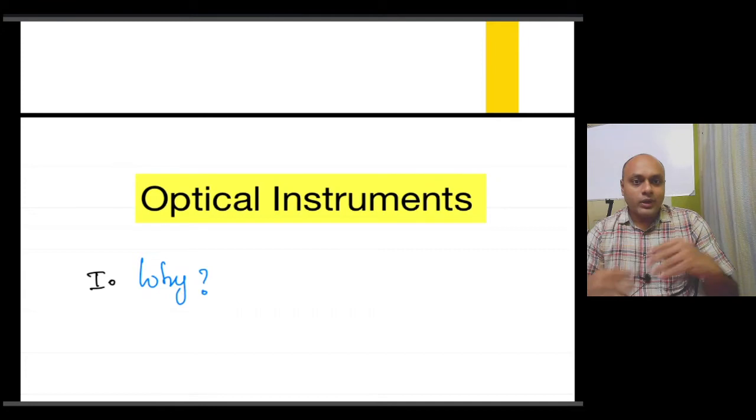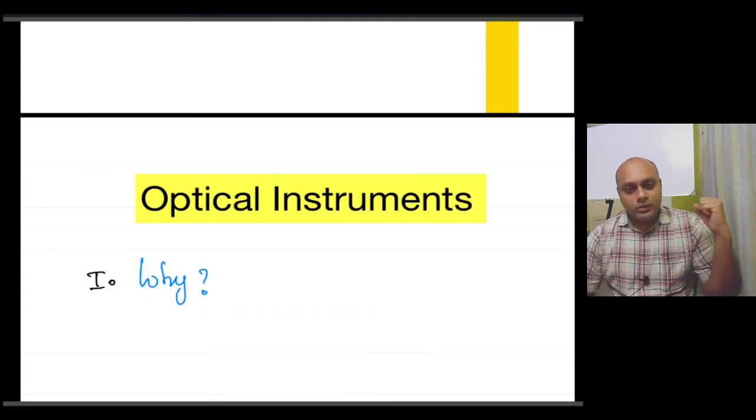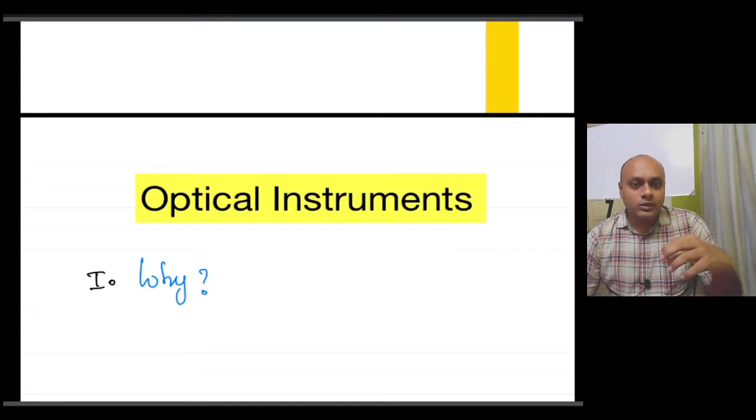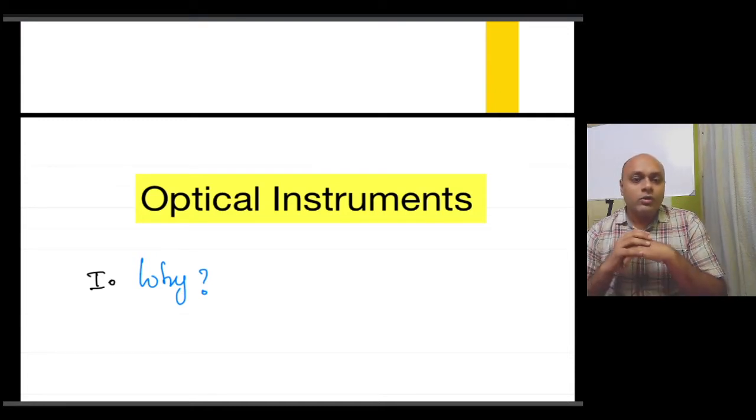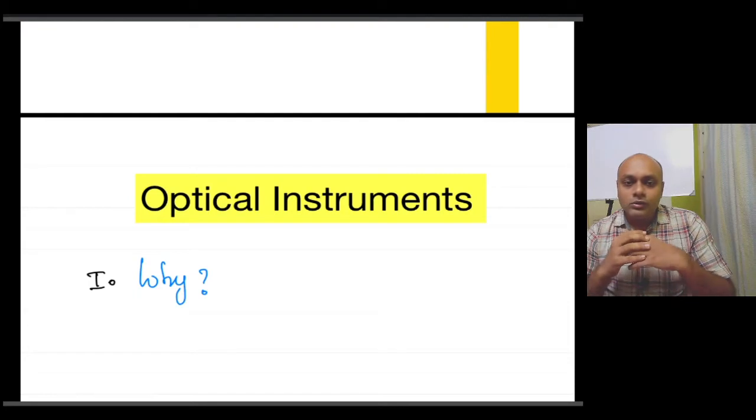Okay, so under optical instruments, first, why do we have optical instruments? It assists in viewing certain objects easily. For example, there might be a text which is so small, the human eye will not be able to see it very clearly. Spectacles, that's an optical instrument. Or a magnifying glass, use a magnifying glass to magnify the object, so you will be able to see it well.